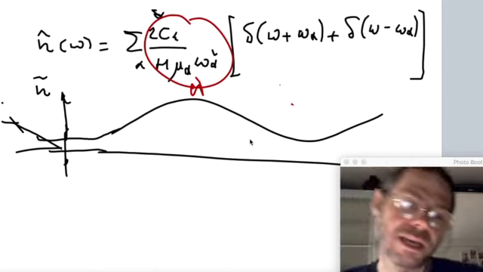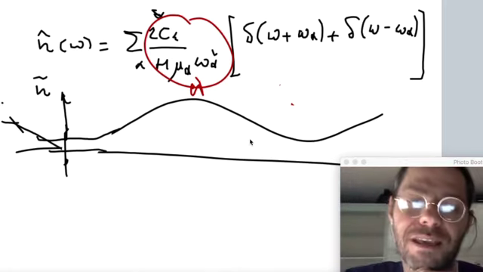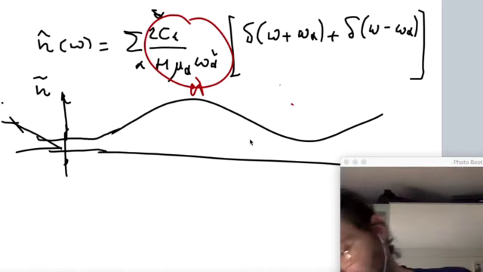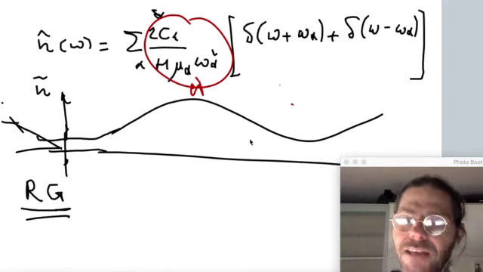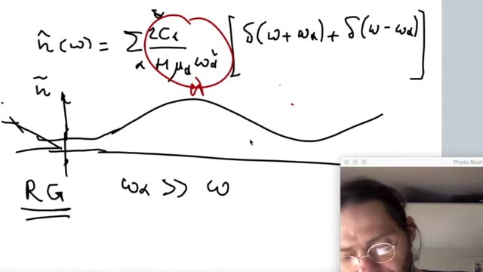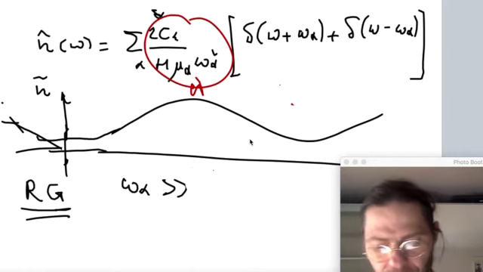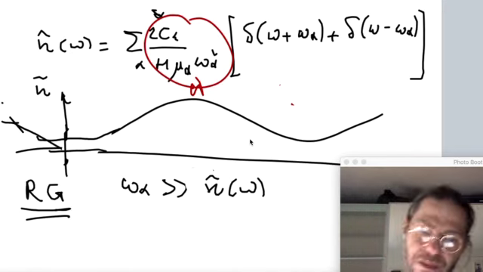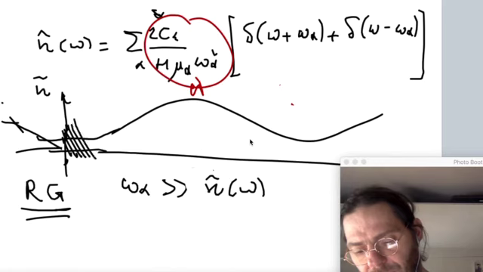Now, it's time to make assumptions. And the assumption we're making is the RG assumption. Once again, a renormalization group-based assumption. I'm saying, let's assume that all the omegas are much larger than the typical omega that enters in the Fourier transform of the particle's dynamics. In other words, we are assuming a gap in timescales between the typical inverse timescales where the system changes its configurations,